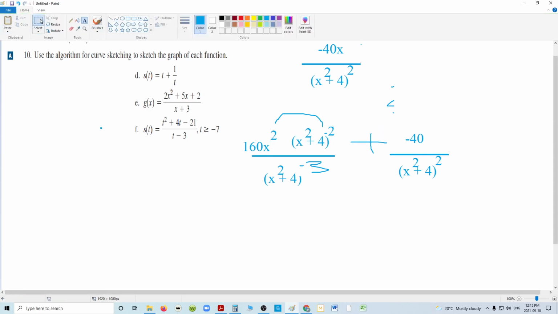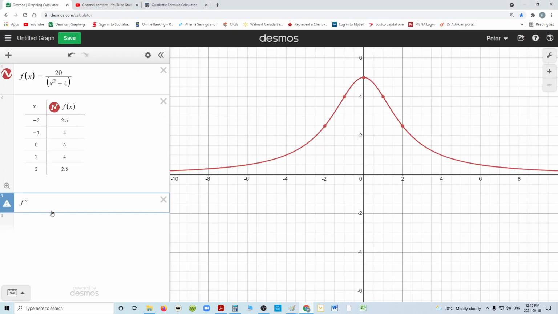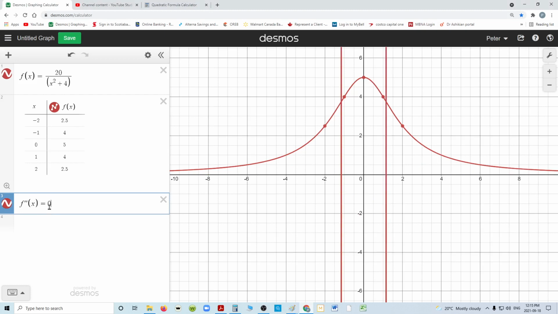Then you'd have to make their denominators the same in order to add them, and so on. You're going to come up with an equation. But you can see sometimes taking the second derivative is tough. And I set it to 0. That's going to give me the inflection point, so that's when the curve. That might have been worth finding out. Depends if your teacher wants inflection points, and that's when the curve essentially